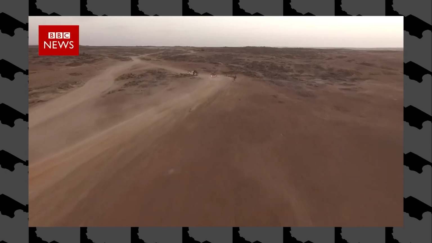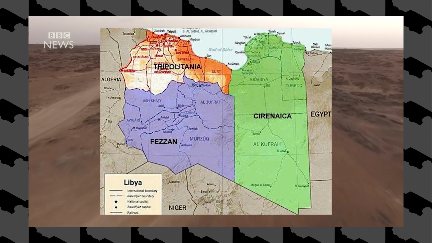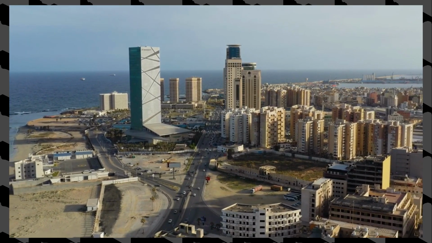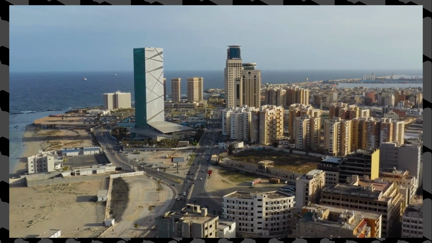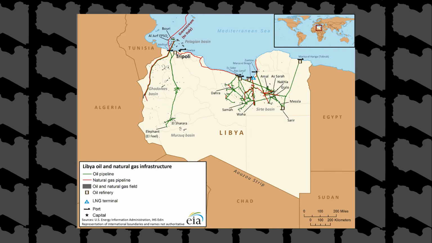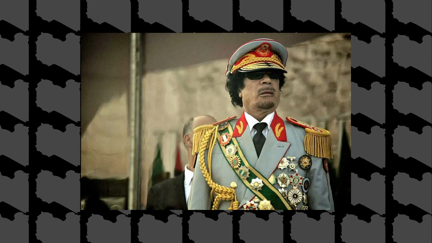This divide eventually grew into a divide between Tripolitania and Cyrenaica. Tripolitania had Gaddafi's favorite tribes and became wealthy and affluent. Cyrenaica, meanwhile, saw economic hardship despite being the region where the oil reserves were actually located. Cyrenaica also used to be where the power center for King Idris was, so Gaddafi was inherently resentful of the region.